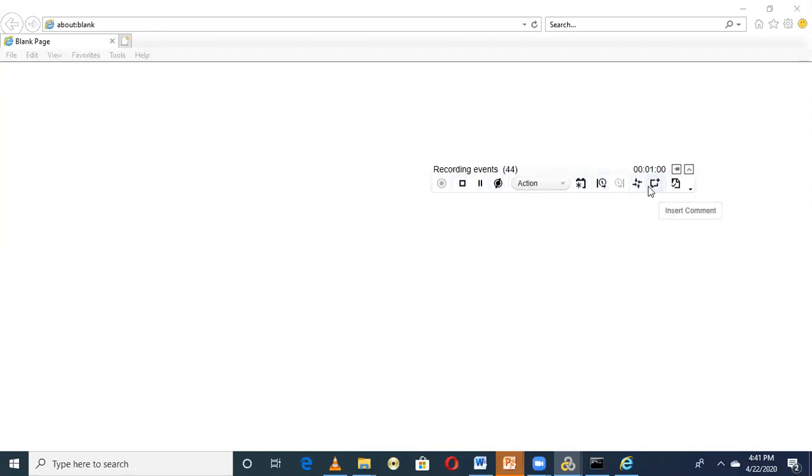Let us go on with these concepts one by one, while recording itself. My first step here is I'm going to insert the comment. My first step is I'm going to navigate to the Web2s home page. So I'm inserting that as a comment here. Why we need to insert the comment: if any other person is using your recorded script, then that person should understand easily. For that purpose we are going to insert the comment.